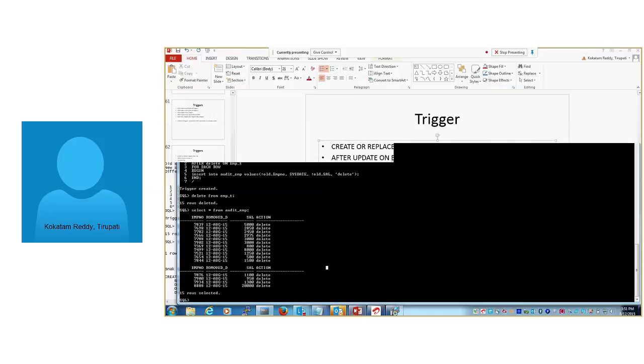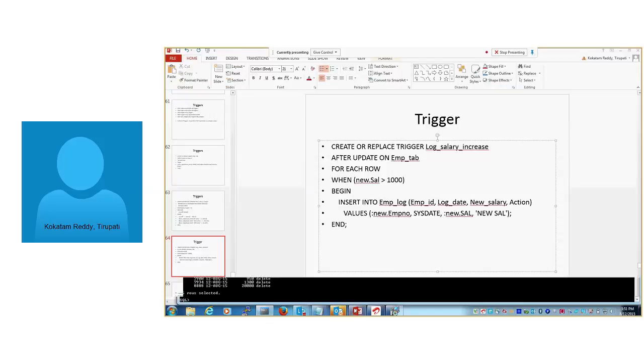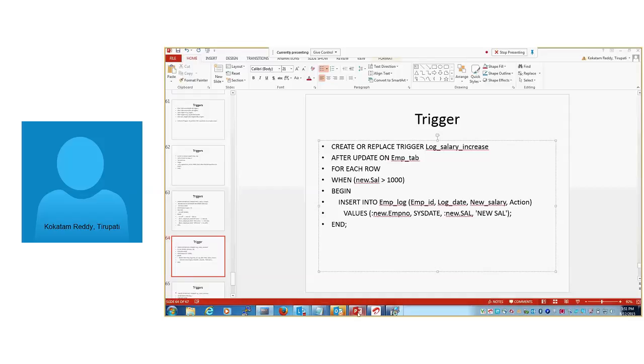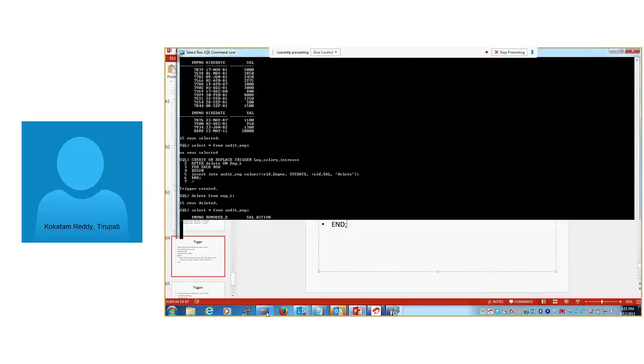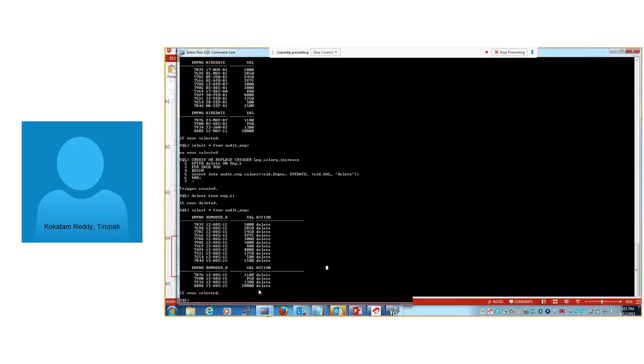Right now this information shows which number was deleted, when it was deleted, what the salary was for the deleted employee number, and what action the user performed. These types of information we can find out, along with user information. We can find out some more information also, like user information and some other things.